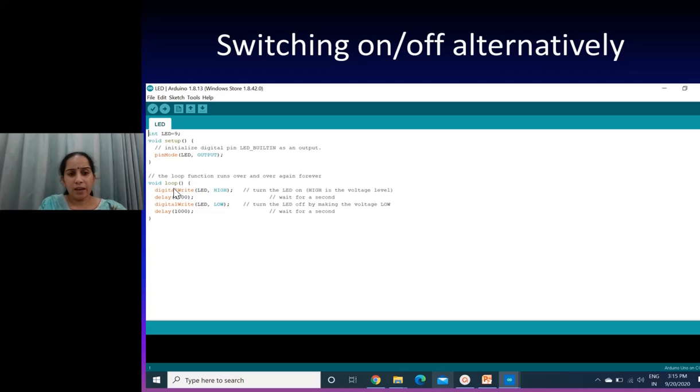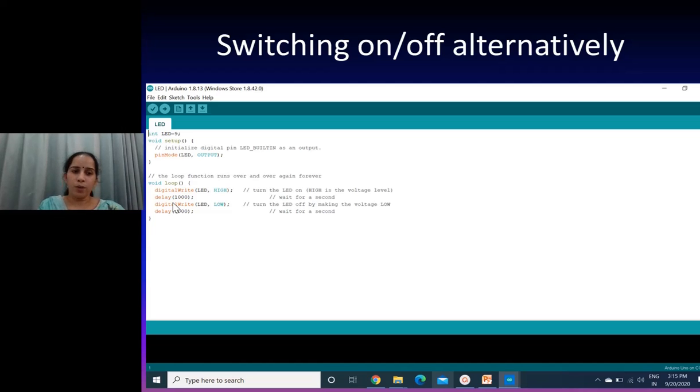There are 4 instructions given in this loop function. First is digitalWrite LED HIGH. That means initially the LED that is connected on pin number 9 is to be high, that means it will be on, right? Then delay 1000. A delay of 1000 milliseconds has been put up, and 1000 milliseconds means 1 second.